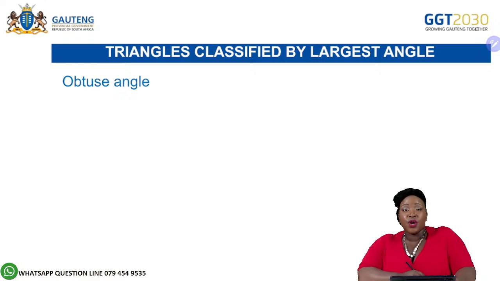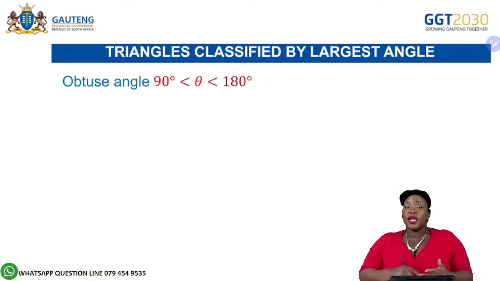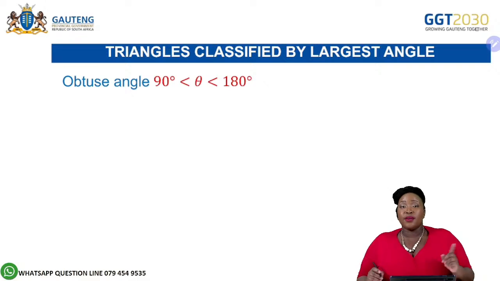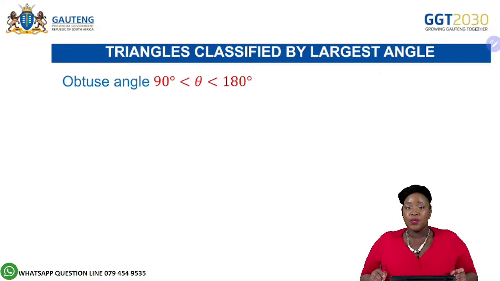The next triangle we are going to look at is an obtuse angled triangle. So, starting off by understanding an obtuse angle. An obtuse angle will be between 90 degrees and 180 degrees. Okay, so